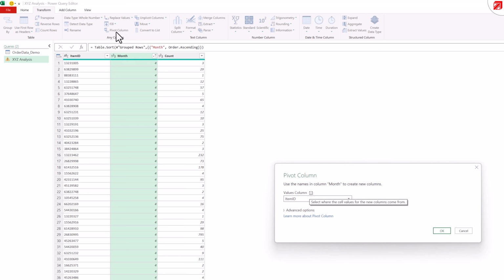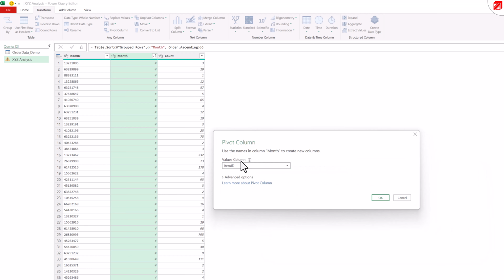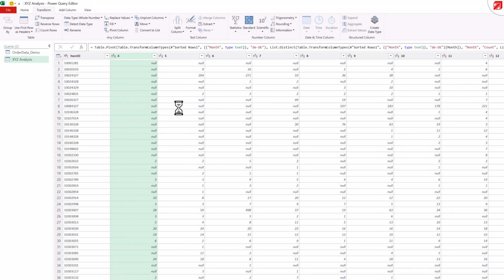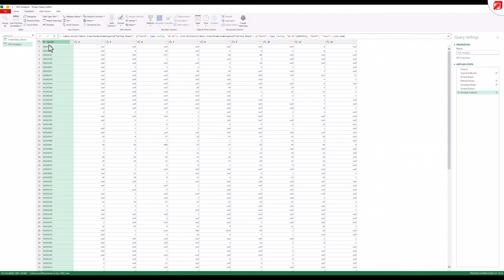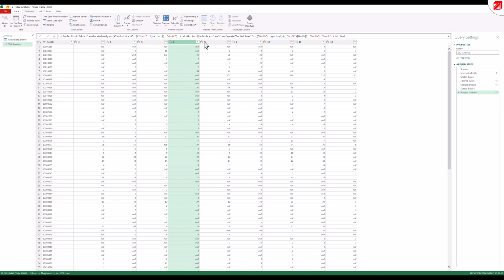So I select pivot column. Then I am asked what values are supposed to go into the value columns below the month. I would like to have my count values here. All right, so you can see we have the item ID on the left-hand side. We have a separate column for each month. And below the month number, we can see the aggregated number of order lines for each product for each month. You can see that a lot of products have not been ordered in several months, so that we have null